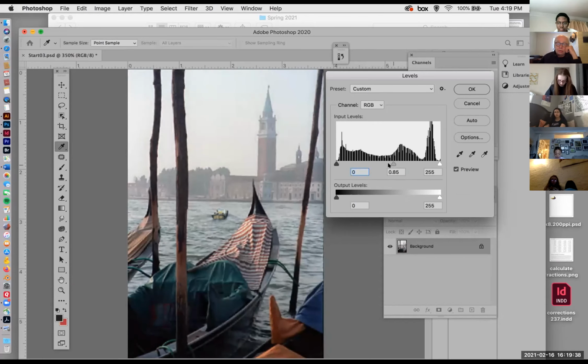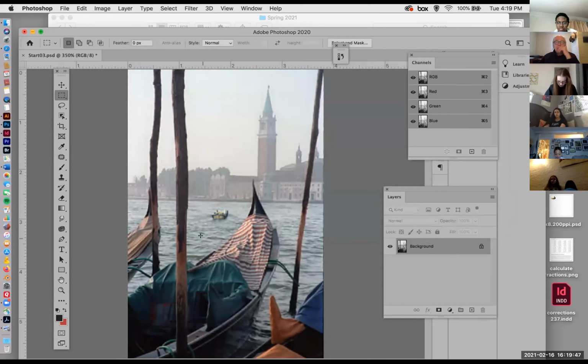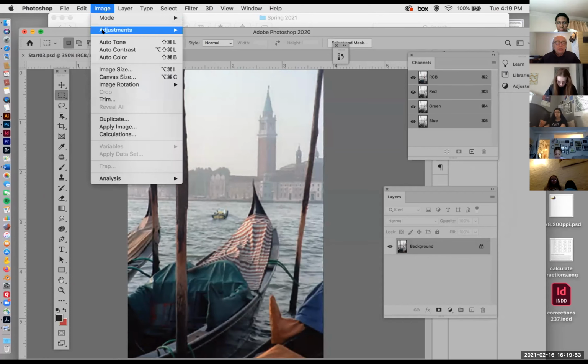That there I use the mid-tone. 1 is default. So at any rate, okay, we did the color correction. Oh, I wanted to show you one other thing. In adjustment,